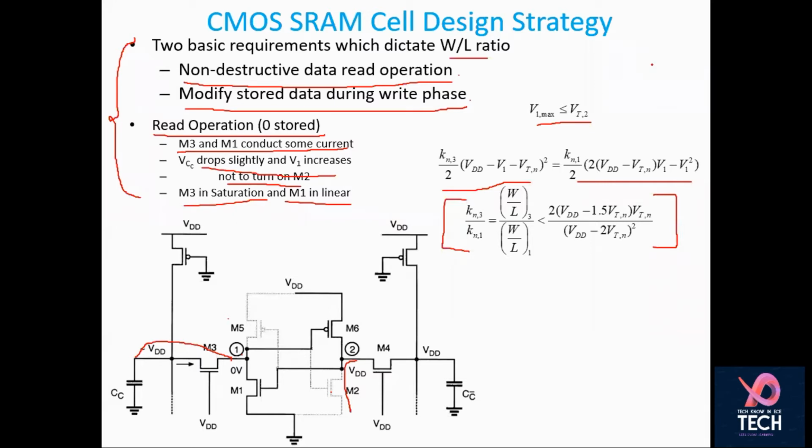So we have discussed the read operation and how we are going to design them. How are we going to select the W/L ratio? Because as far as any design in MOS or CMOS is concerned, the most important point that a designer looks at is the W/L ratio. So the W/L ratio is selected in such a pattern that this particular condition can be met. So what is the condition? The condition is that this and this should have a particular W/L ratio,